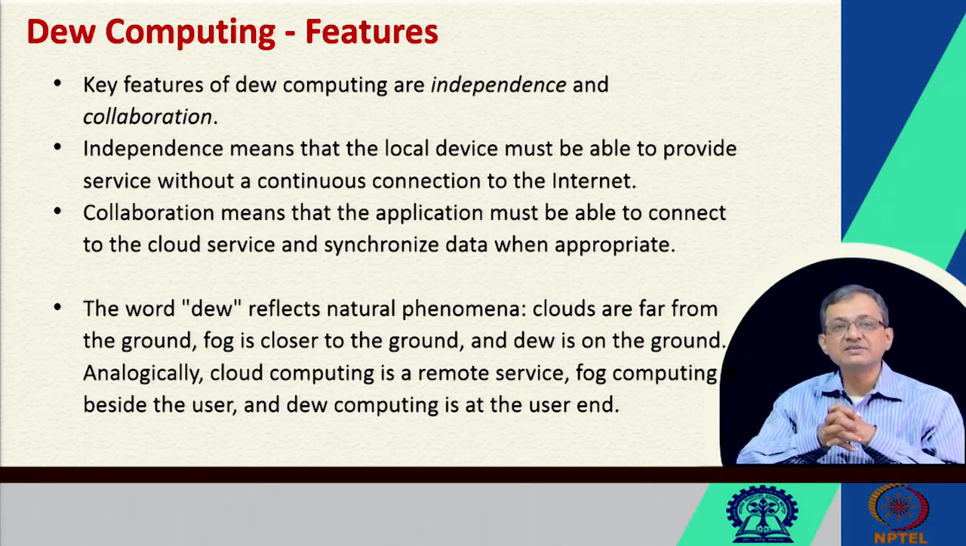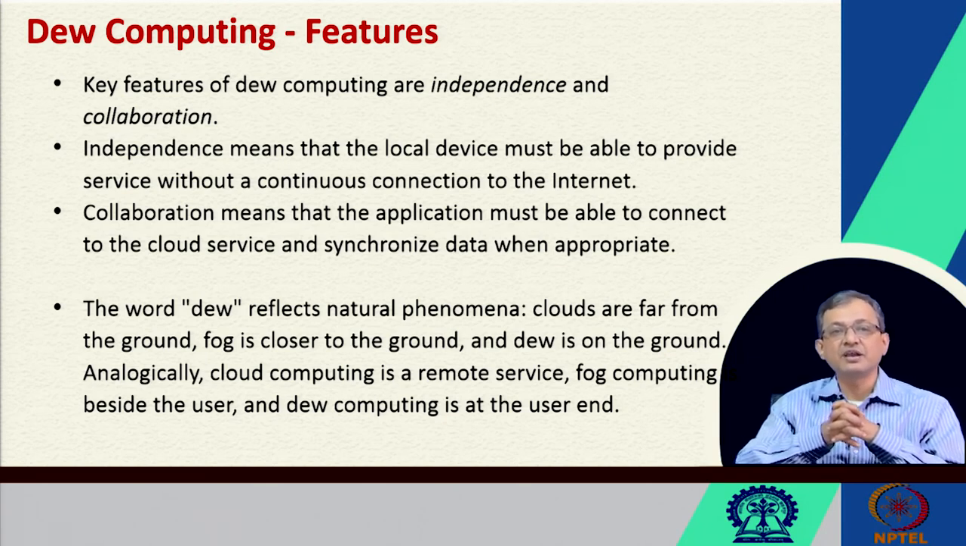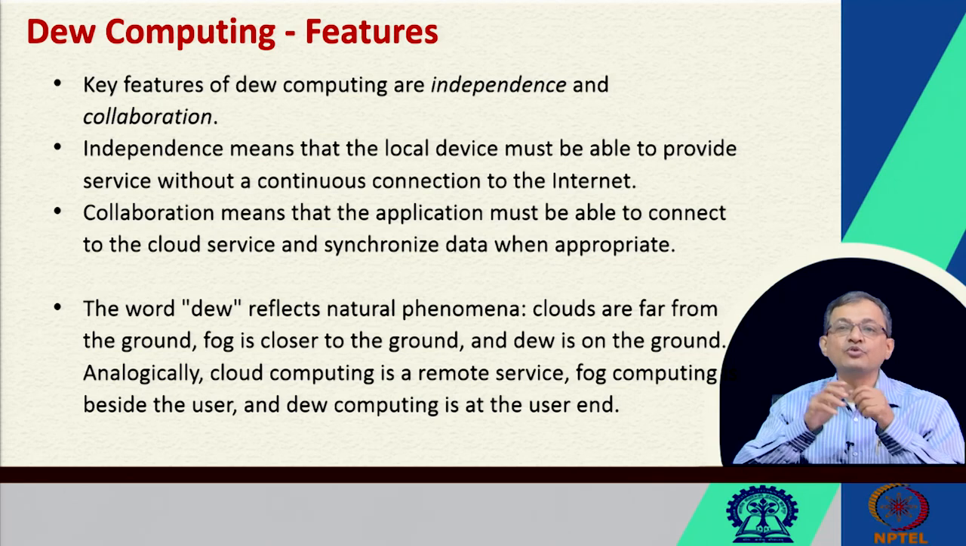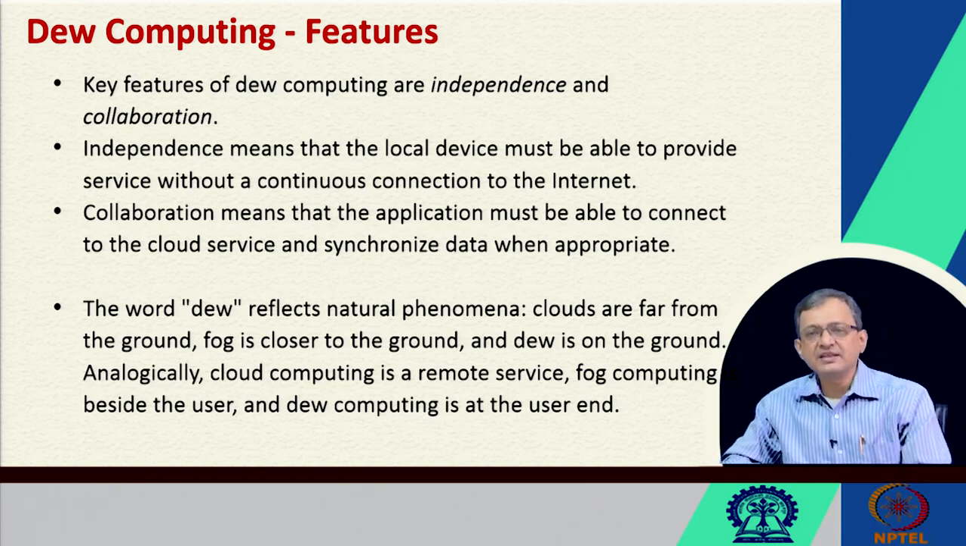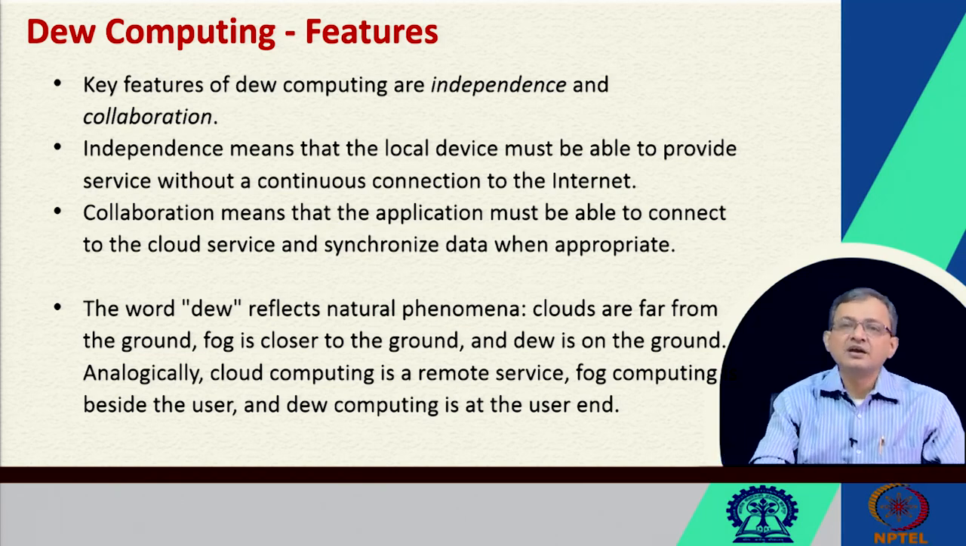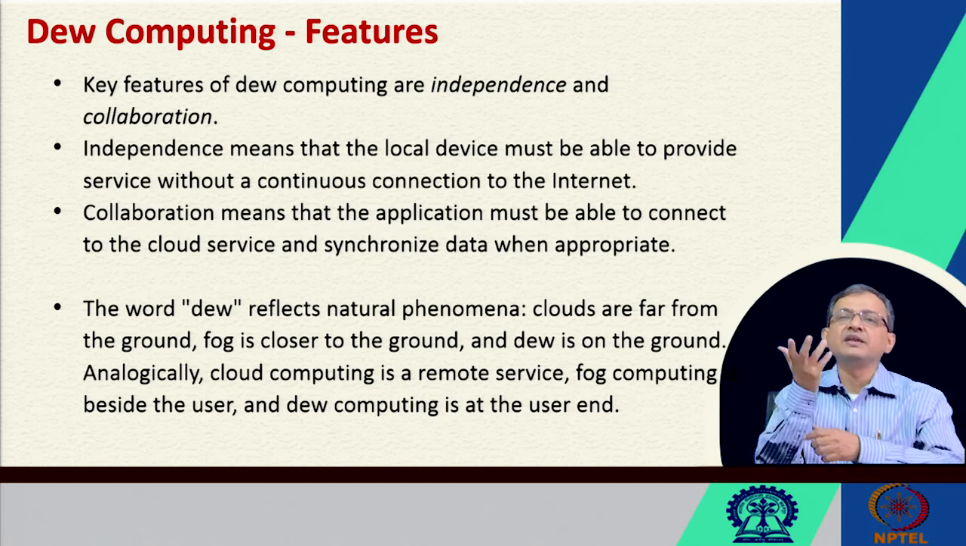And collaboration means the application must be able to connect to the cloud service and synchronize with the data when appropriate things are there, right. It should be done in a sort of automated mode, quote unquote automated mode. You do not have to forcefully sync, though you may opt for options like forced sync. Additionally, there can be a lot of other things which we can enable, like